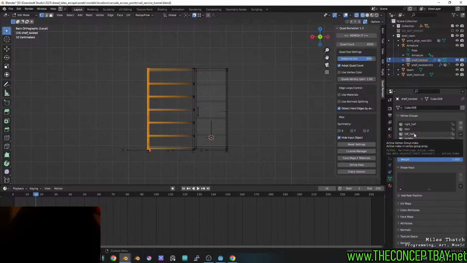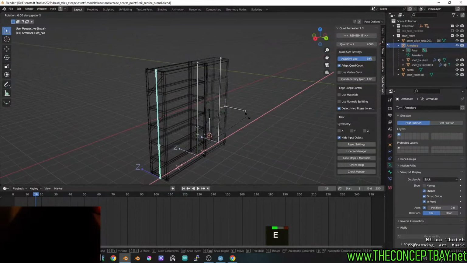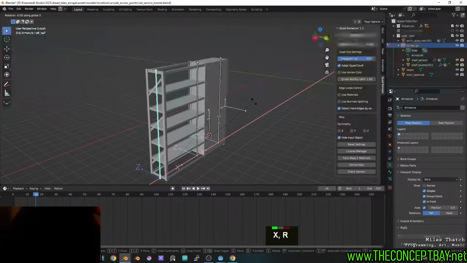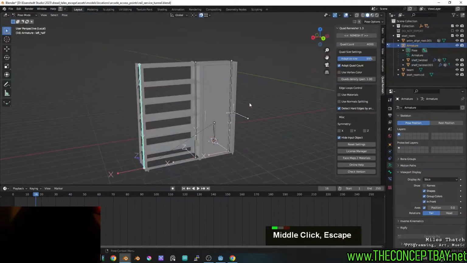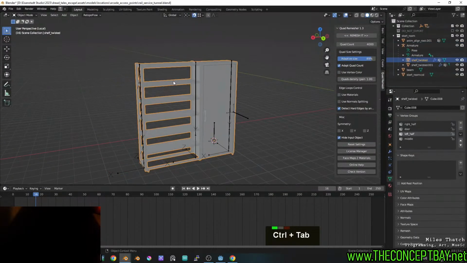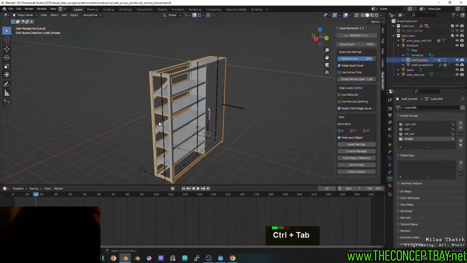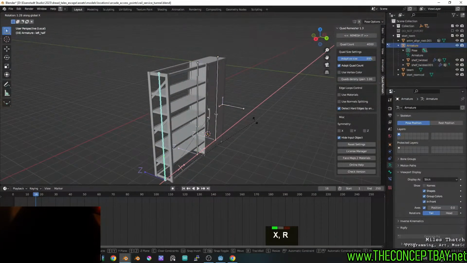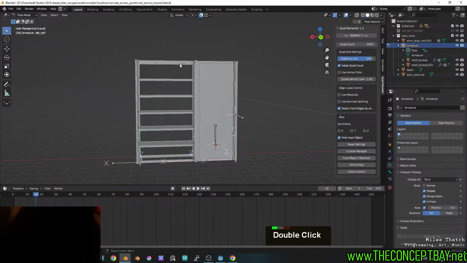We're gonna say left half fully assigned. R, Y. RX, RX. Almost. Right half, remove. Middle, remove. Okay, there we go. So now these pieces are moving together, which means